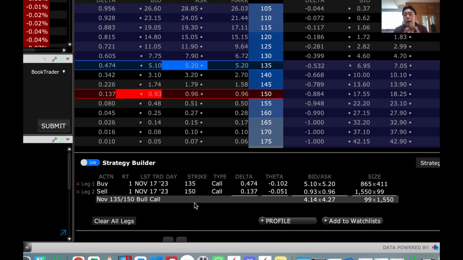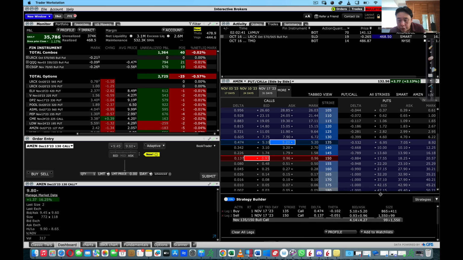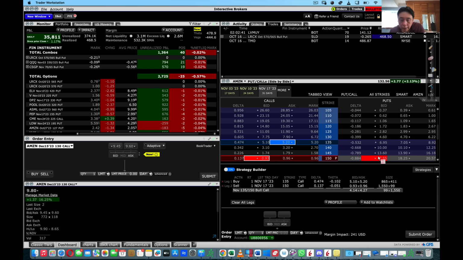And by doing this, how much does the trade cost? This is a debit trade. It will cost us between $4.14 and $4.27. That's the bid, that's the ask. So now if you want to place the order, then you have to go below. Now you need to pull this up in case you can't see it. Let me just show you there, right? So you go pull this all the way up and you can see submit order on the bottom right